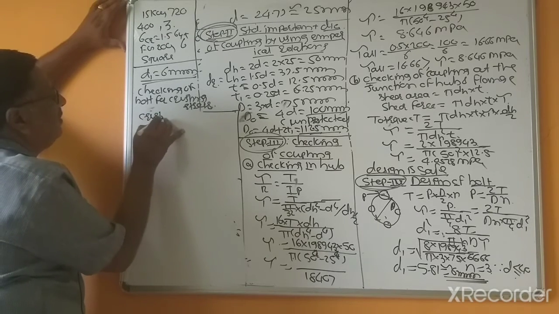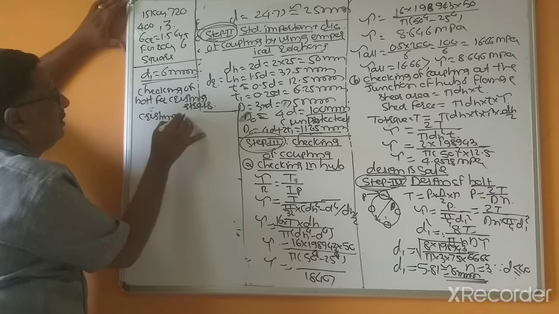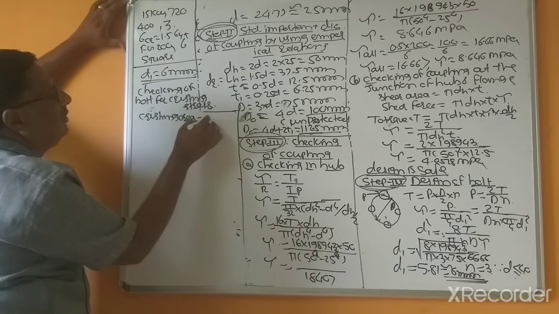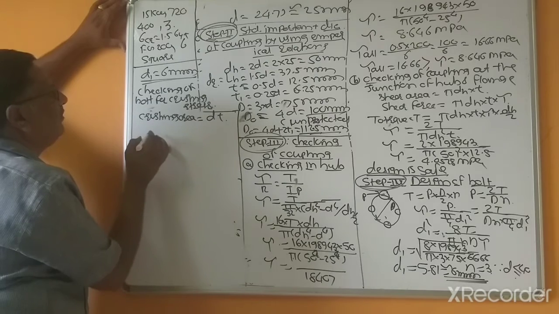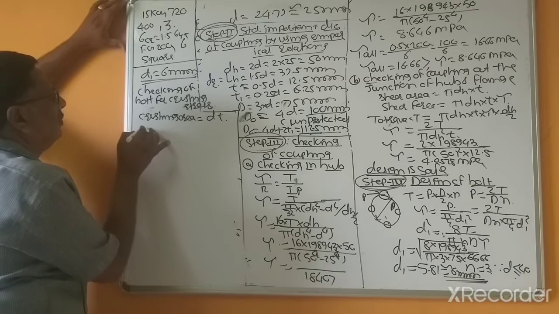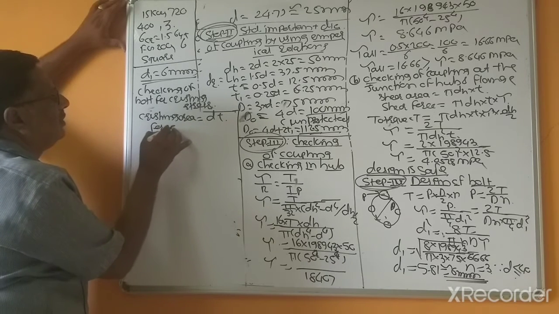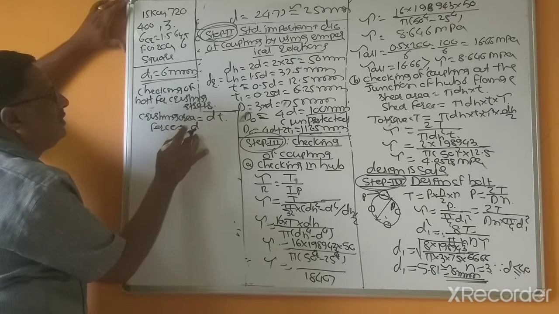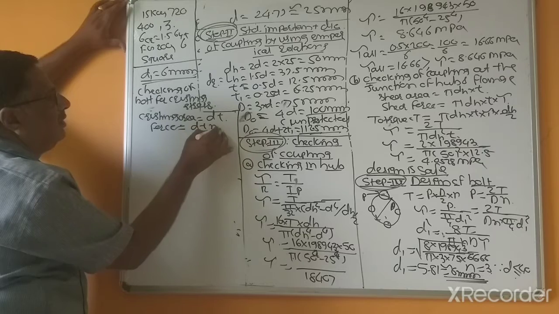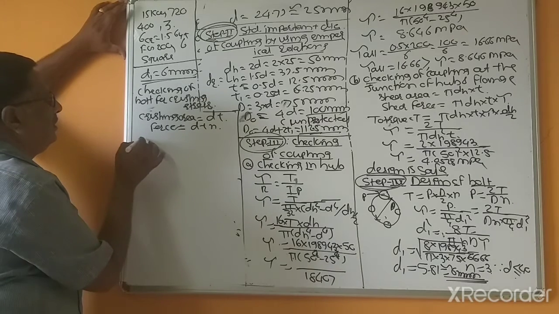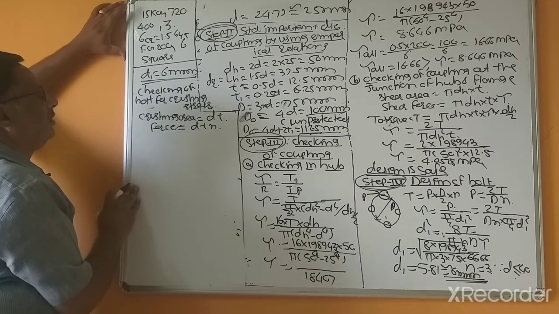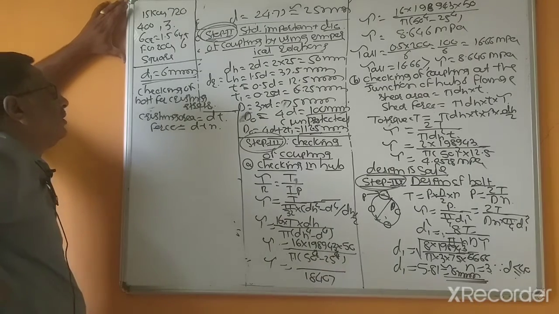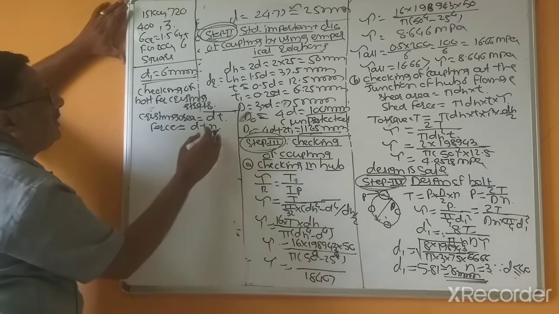Use the basic formula: crushing area equal to D into T. Force equal to, shortly I am writing, force equal to d t n into crushing stress, force multiplied by